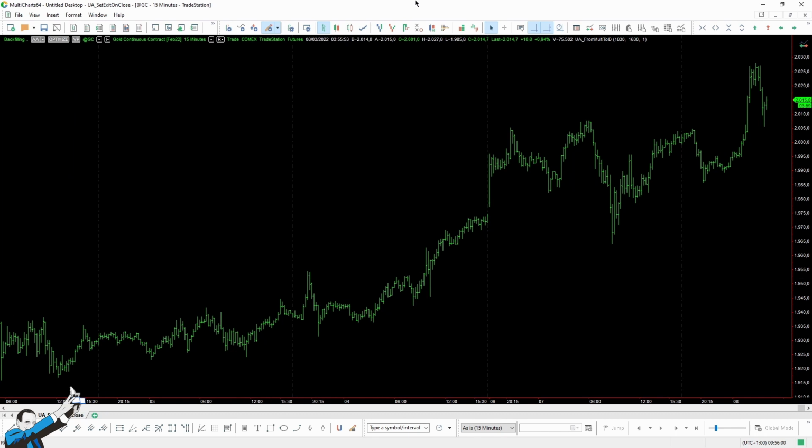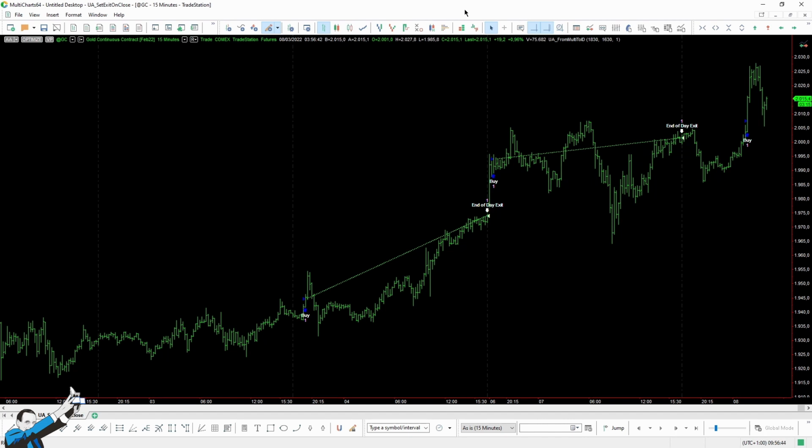If you want to use this trick, I'd suggest that you do it only in the most liquid markets, because in this way you won't run the risk of not getting orders filled in the last minute. Because it isn't said that on all markets the last trading minute of a session is actually quite liquid. Therefore, use this trick only on the most liquid markets where you're sure that even at the very last bar, even in the very last minute, there will be buyers or sellers who can trade with you to close your trade.